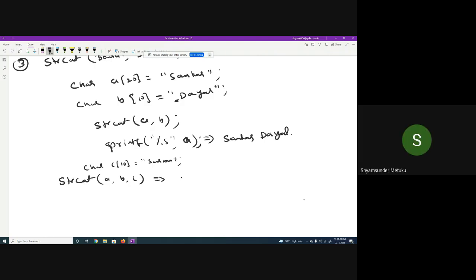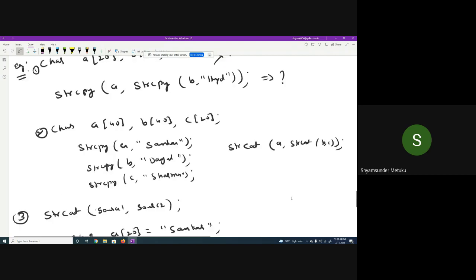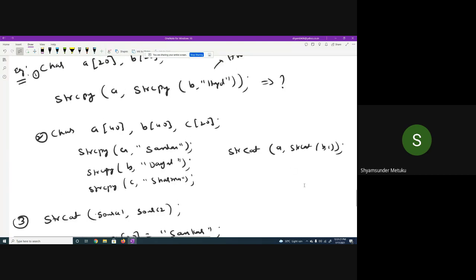But as per syntax, how many must it be? 2. But I wanted to add all three. I want Shankar Dayal Sharma, which are available in 3 strings. How to use it? I think that is the example I gave, isn't it? The second example in the previous one. That you need to try. Homework I gave here. Is it okay? Yes, sir.